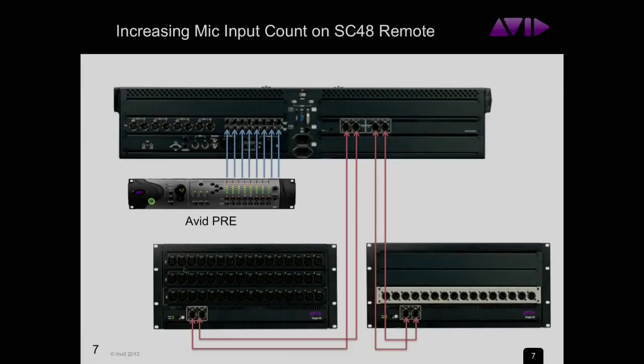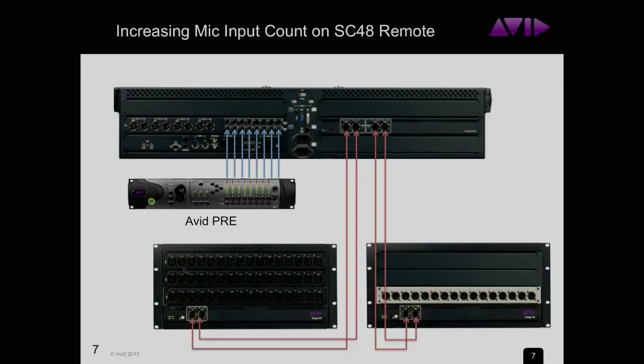So this is actually a way of getting your mic pre count above 48 up to 56. You can do that very easily here. As a matter of fact, this is exactly what I do on my shows. I always have a pre available to patch into those insert points. This I/O card